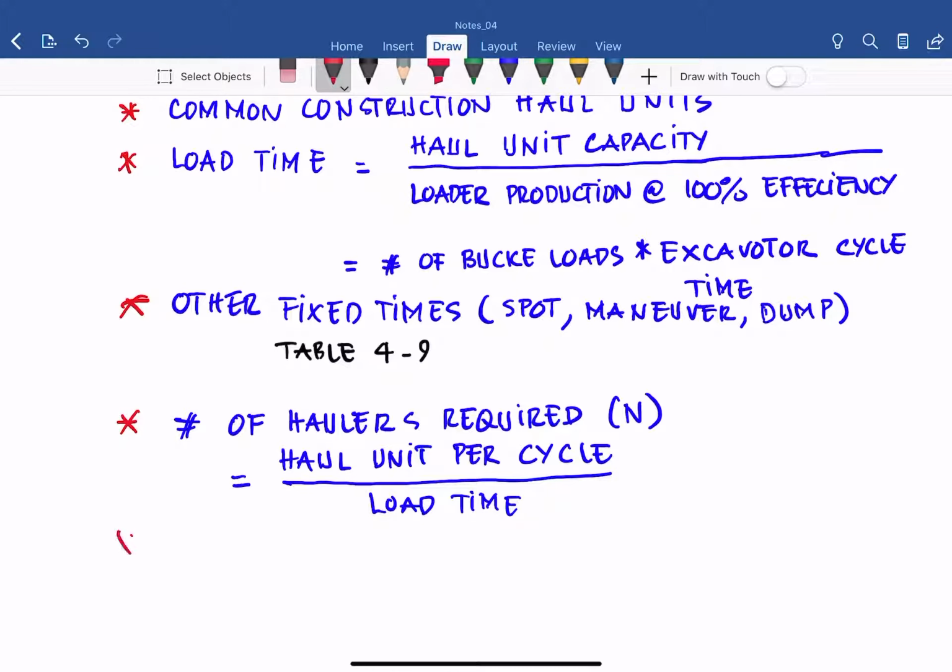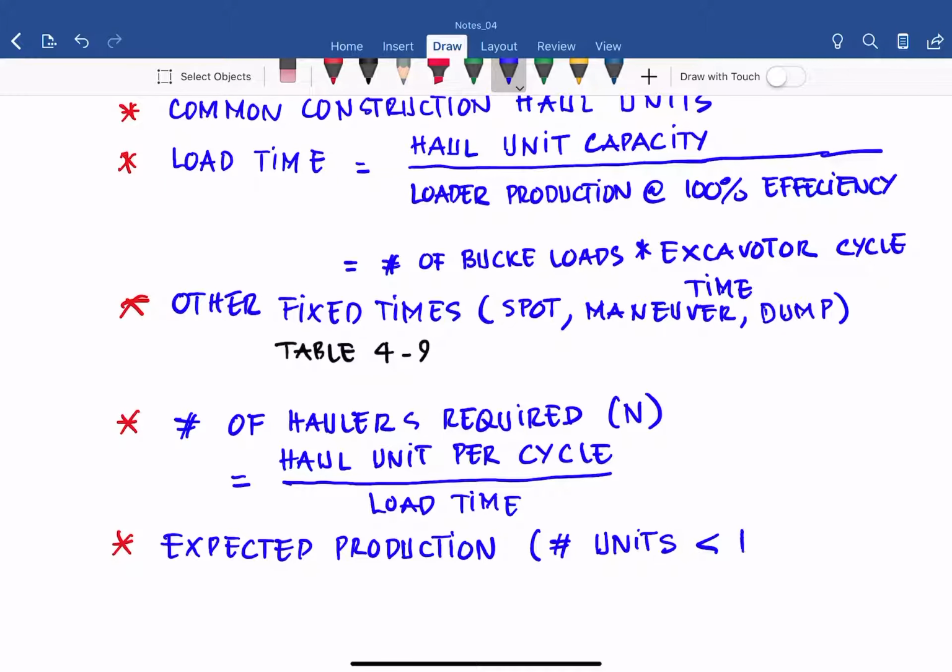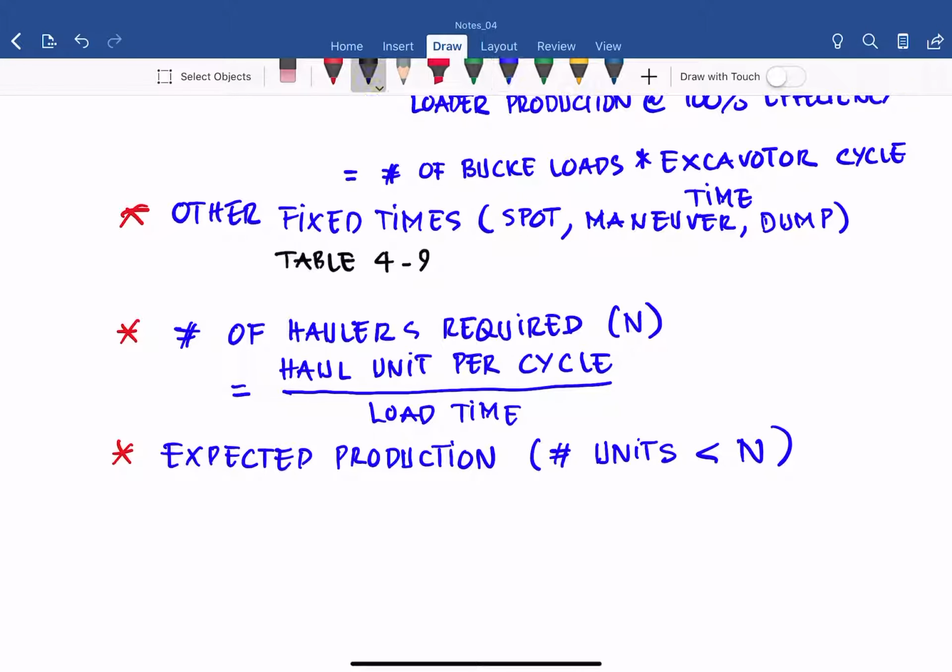And the last thing that we want to do, what is the expected production of the wagon or trucks? Expected production. And if the number of units you choose is less than N that was determined in the previous equation there, then the equation should be equal to the actual number of units,